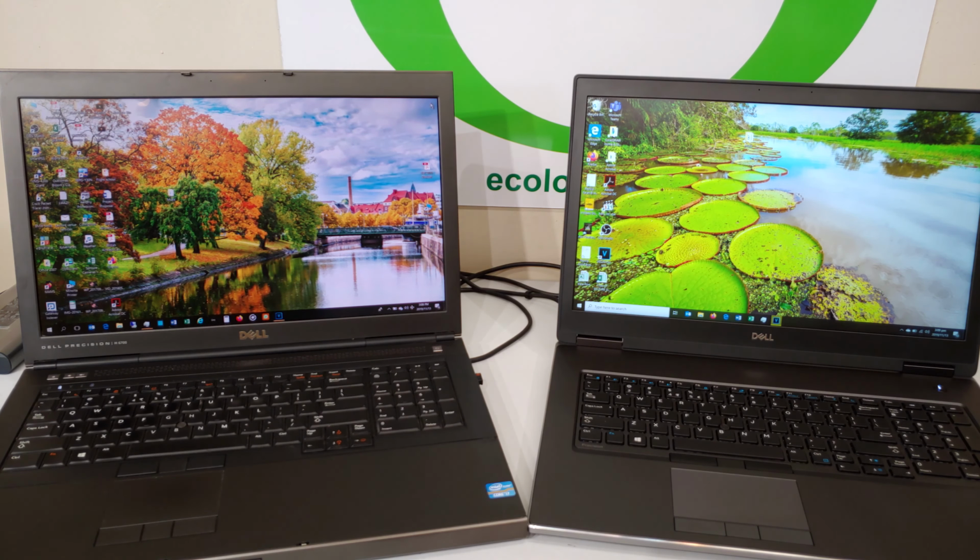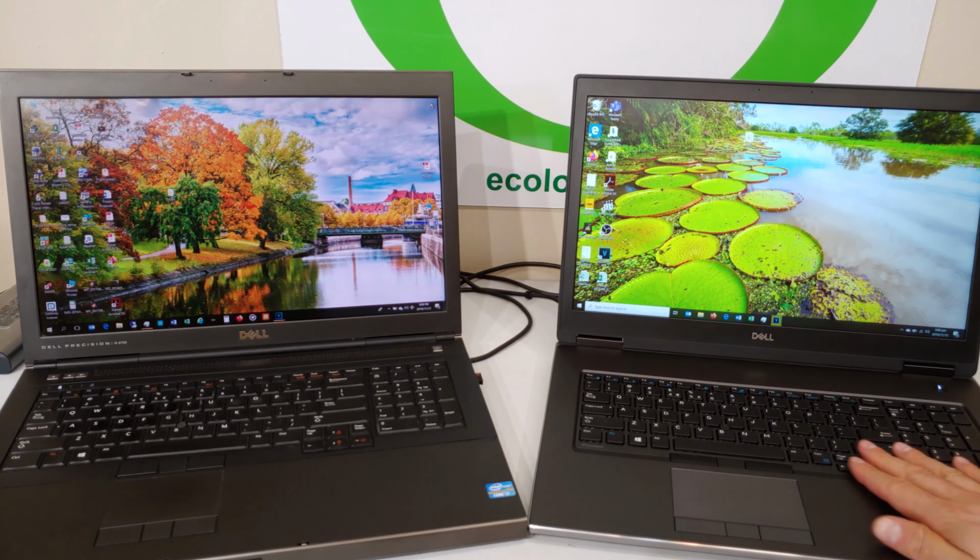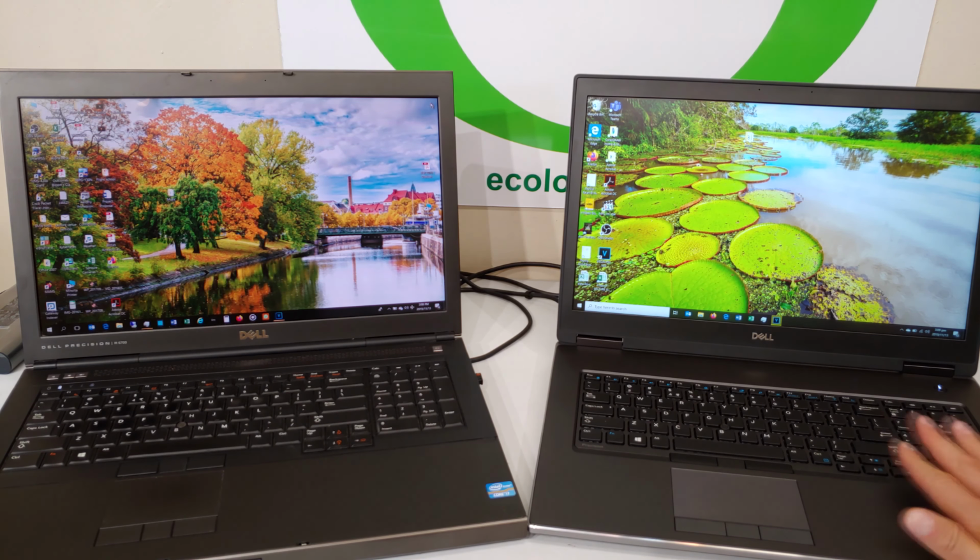Obviously the new one is rapid, it's lighter, it looks more modern, it's got a slightly thinner bezel, but keeping in mind this definitely ain't a modern looking laptop. Still got a very fat bezel, it's got a nice debossed label here, and overall the keys are nice to press. Very neat laptop. I'm going to use it now, just showing you it is considerably quicker than the M6700,